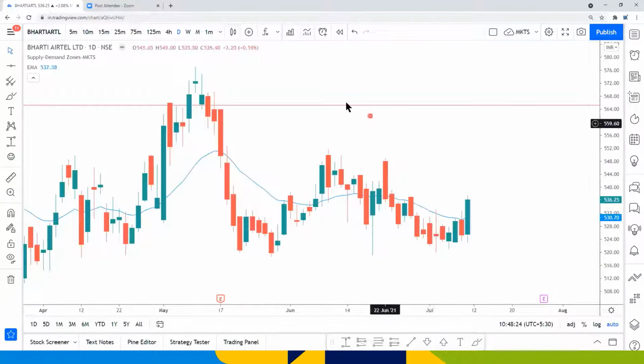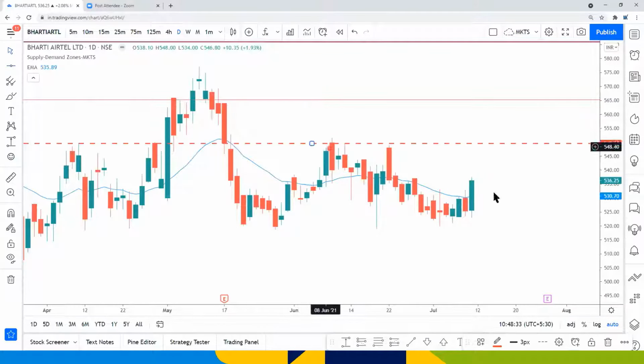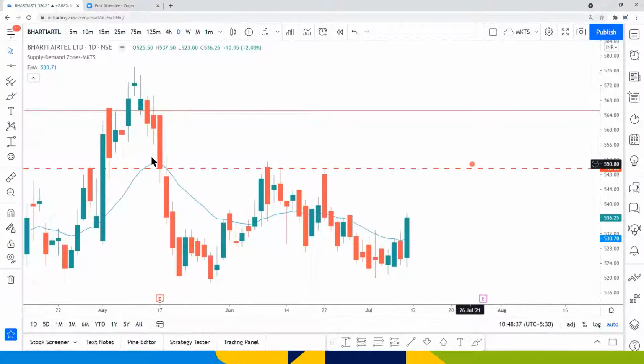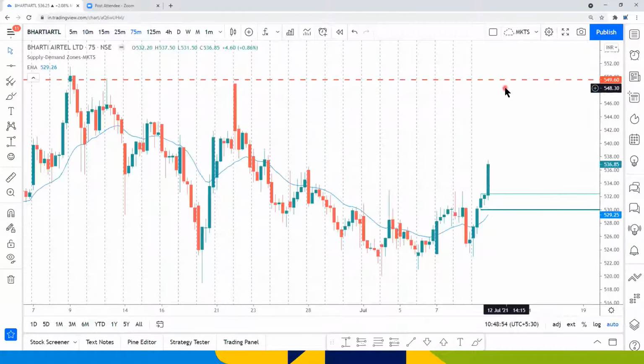So daily, till where can this price go? Does it have room at least till these highs? Till about 550, do we have room? At least 550. I'll say yes. Next supply is here at 565. Ali Akbar, you're right. But at least these pivots can be my target for my first target. Okay, I've drawn the line at 549. So if I go long at this demand zone, do I have sufficient reward to risk?